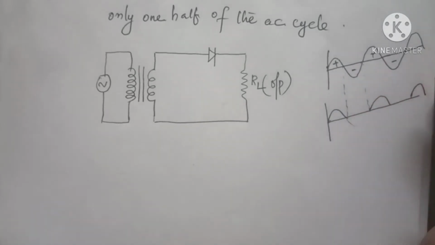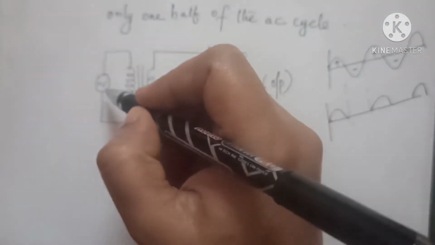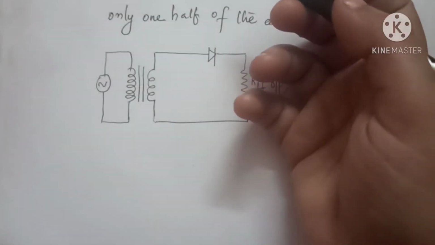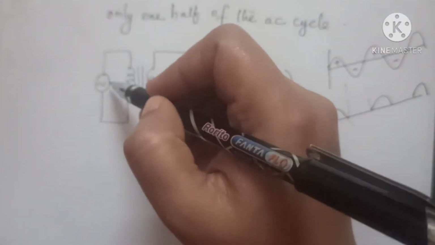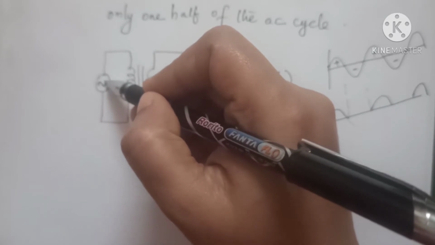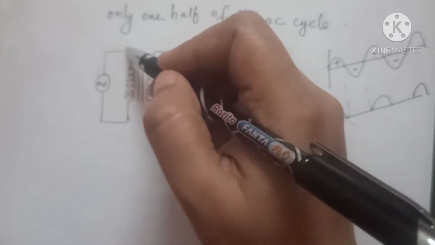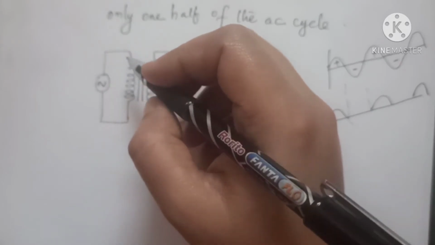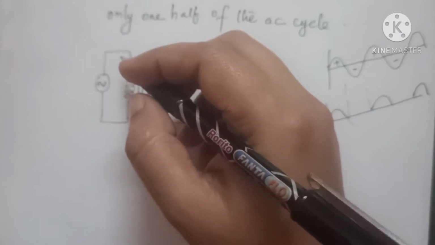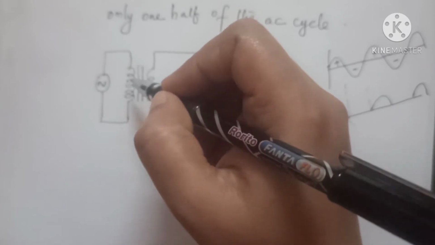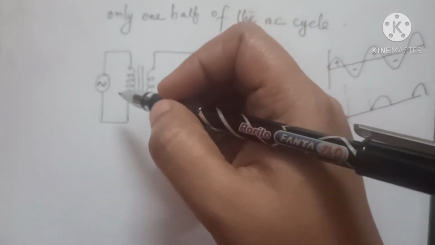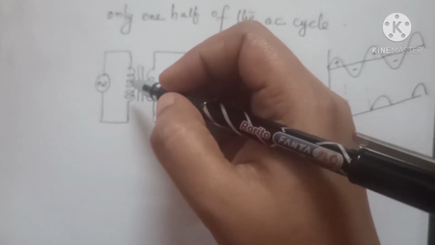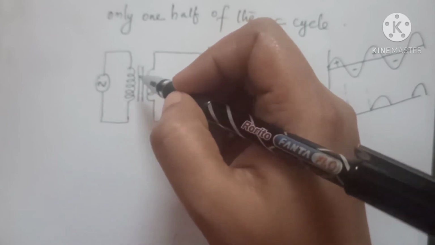Understood? Now here the AC that we want to rectify is connected to the primary of the transformer. So this is the representation for AC, and AC is given to the primary of the transformer. Okay. Now here because of induction, you will study it in detail in the device transformer, but because of induction what will happen?